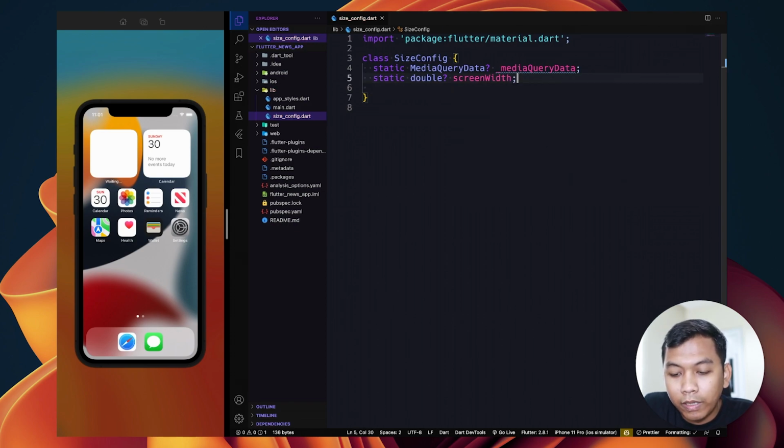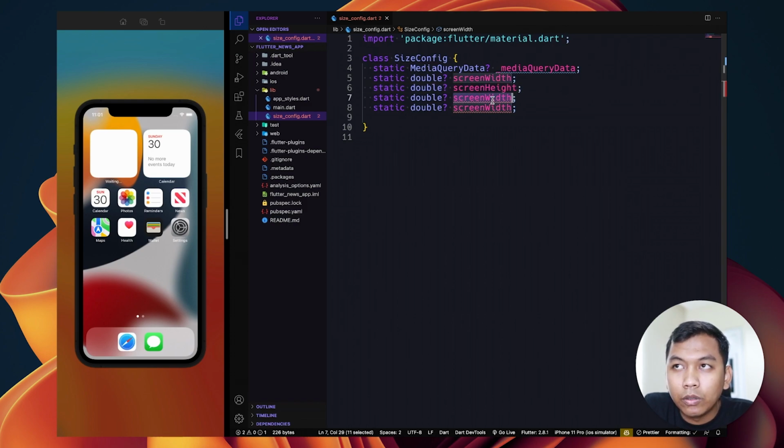So I just need to copy this. And this change to screenHeight. And this to blockSizeHorizontal.